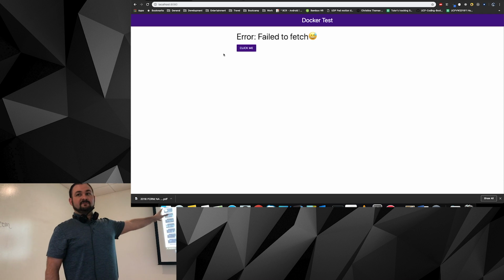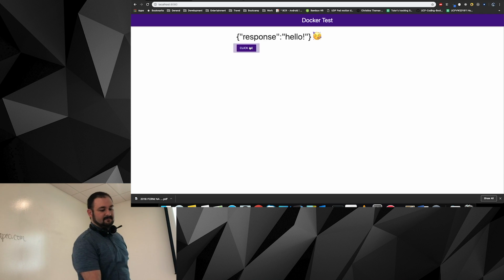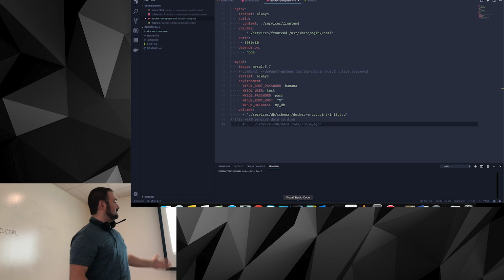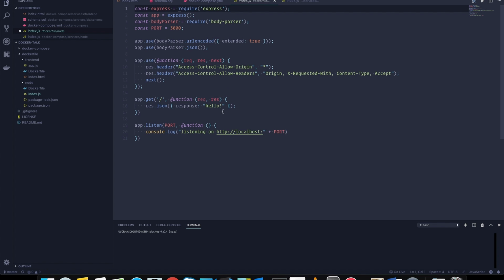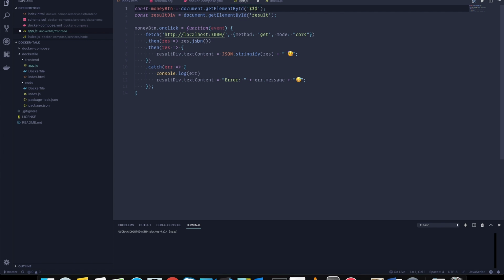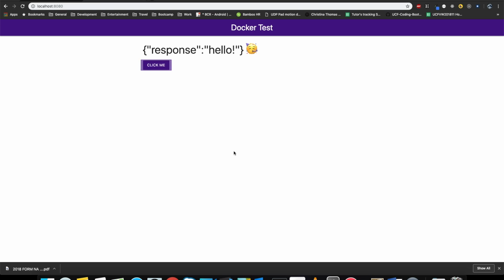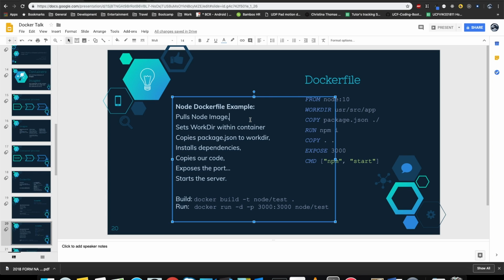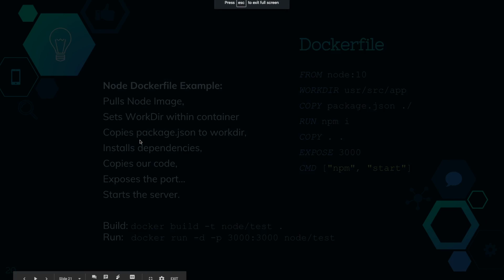Is anybody okay if I change off of these commands? Okay. So now, if everything goes correctly, we're hitting the node server. So if we want to look at this code, we've got the front end and node. Node has one route that just responds with hello, right? It's running on port 3000. And our JavaScript is hitting localhost 3000 and just displaying that code. So again, we get the response back.